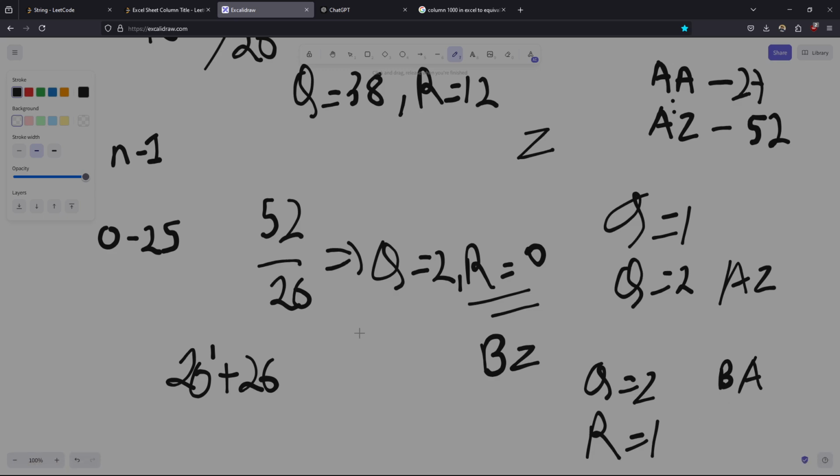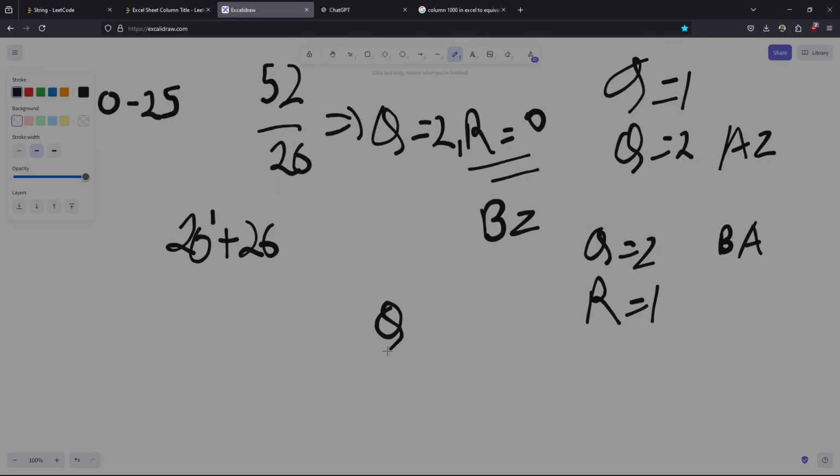What happens when the quotient is greater than 26 itself? If the quotient is 20, okay, so quotient can never be greater than... yeah, it can be greater. The remainder can't be greater, but the quotient can get greater. If it is 27, then what do we need to do? It means that we need to step a bit ahead, and we need to,